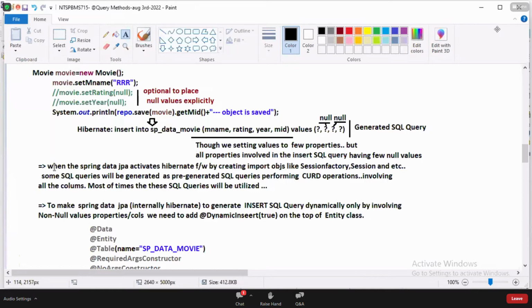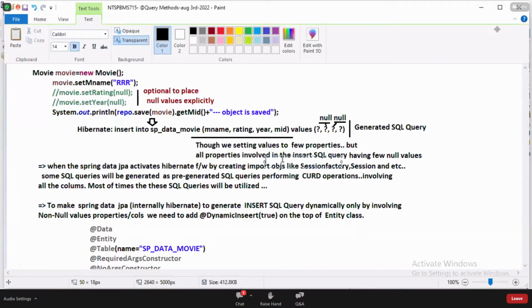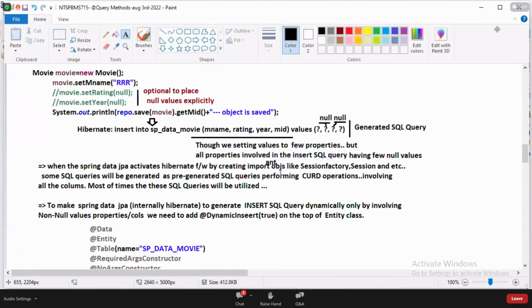Tell me what is there. When Spring Data JPA activates the Hibernate framework by creating important objects like SessionFactory, Session, etc., some SQL queries will be generated as pre-generated SQL queries, performing CRUD operations involving all the columns.